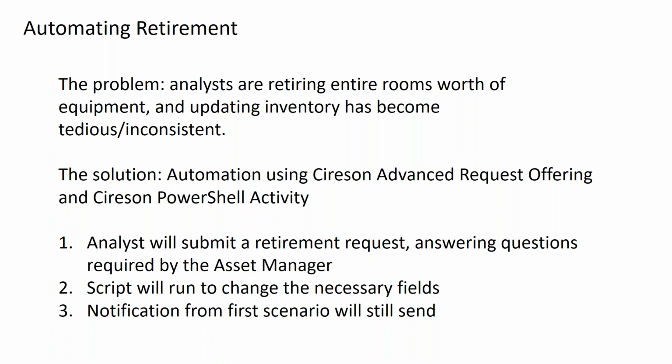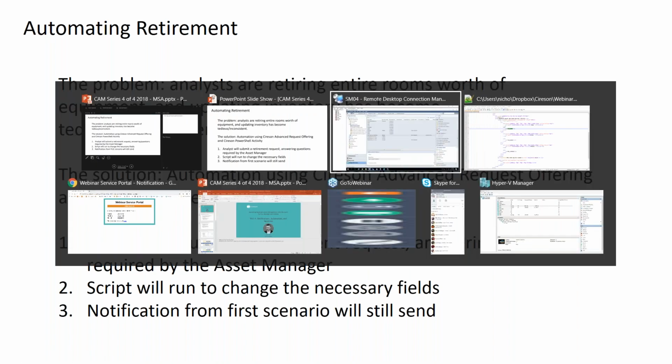But you might want to do some other things as well, like clear custodian, and maybe there are some other fields you'd like to set. And then we'll see, as we do that, even though this is another method of solving this other problem, that notification we just made will still send. It will still fire as if it was a manually retired asset. So some reuse there of the solutions we've worked on. So a lot to get through here. So let's go and look at